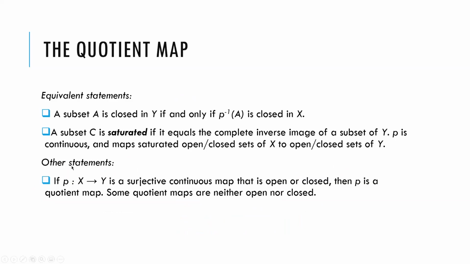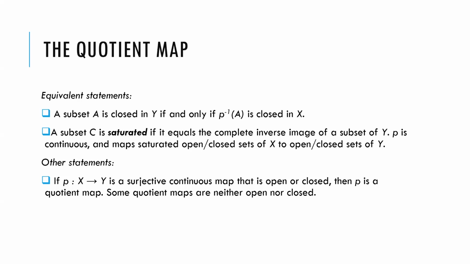So there is one other statement. It's not equivalent to the definition of a quotient map, but it's close to it. If P is a surjective continuous map that is open or closed, then P is a quotient map. However, there are quotient maps which are neither open nor closed, and we will have some of them in our examples. So let me remind you, an open map is,